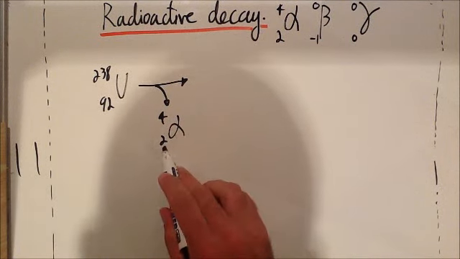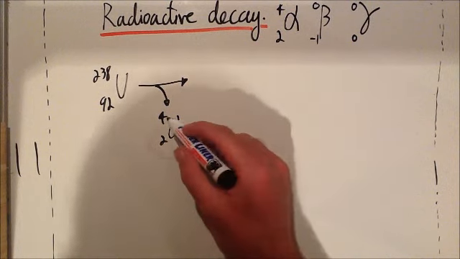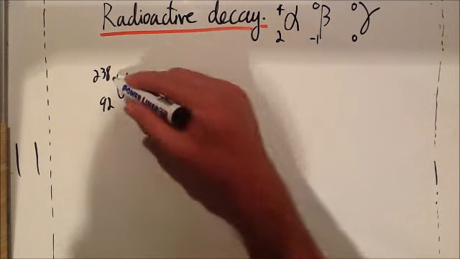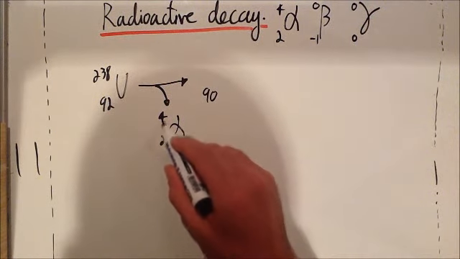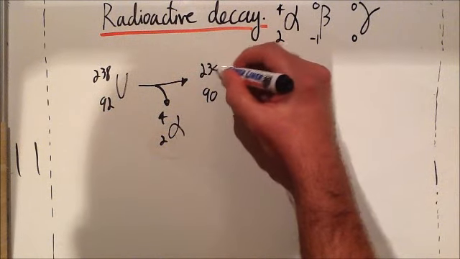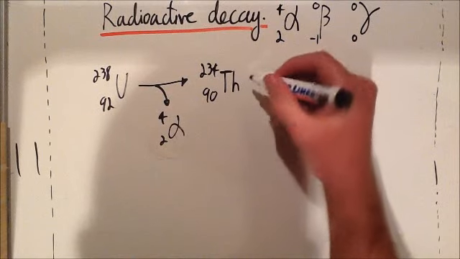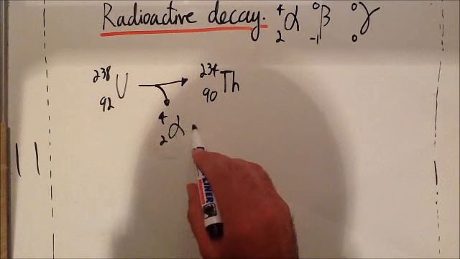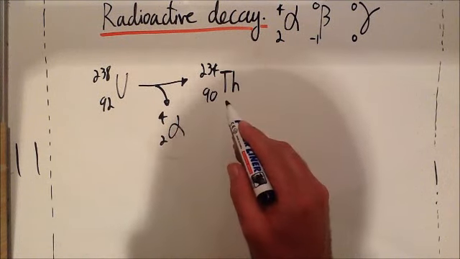So we've taken away 2 protons and 2 neutrons. So the mass number is protons plus neutrons. So all we need to do in the case of any alpha decay is we take 2 off the atomic number, which changes this to 90, and we take 4 off the mass number, which changes this to 234. Now if you look at the periodic table, element 90 is thorium. Now you don't need to know this for GCSE, you just need to be able to do the numbers. So take 4 from the top, take 2 from the bottom, and we end up with these numbers for alpha